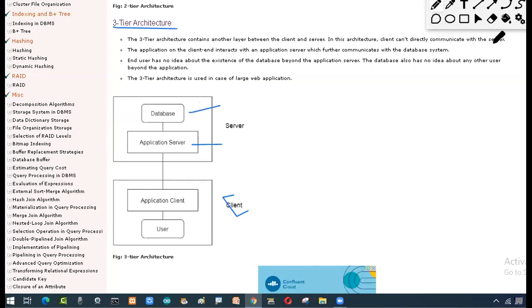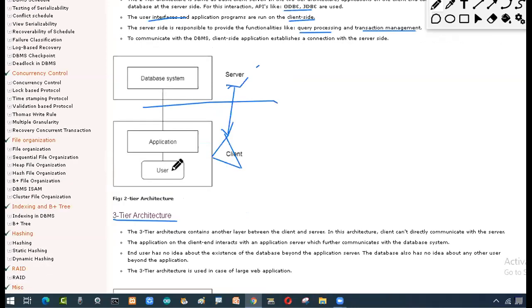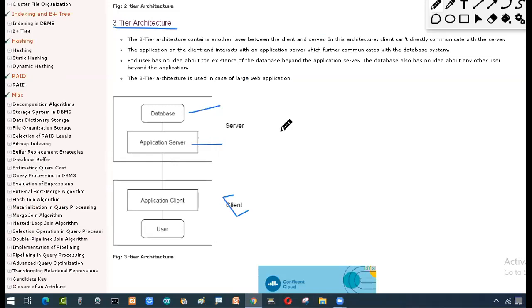The client cannot directly communicate with the server. So I'm not allowing the client to communicate directly. If you see here, it is communicating directly with the server, and I should restrict it. Why? For security reasons. Okay, that is a major thing. I don't want to go for that, for security. You may have got the doubt, sir: if this is there, then why was that implemented?